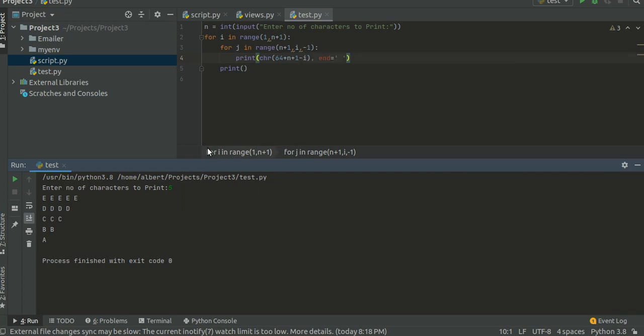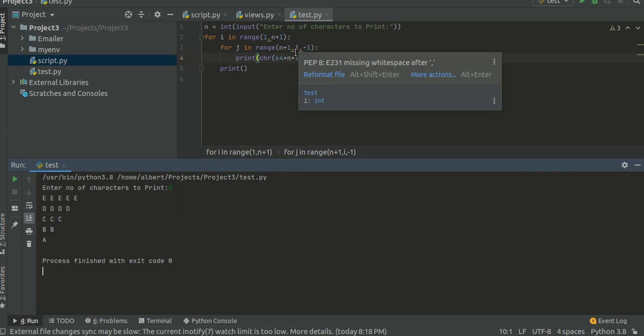Now in the second loop n numbers are printed, so we are ranging from n plus 1 to I. N plus 1 is 5 plus 1, 6. From 6 to 1, I is 1, so 1 will be ignored, we will go up to 2, from 6 to 2 it will be 5 digits. So that's how we are iterating.